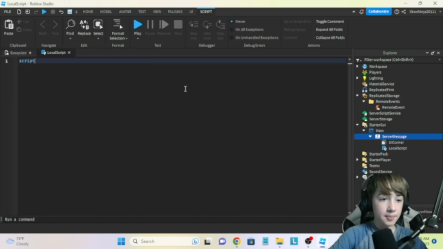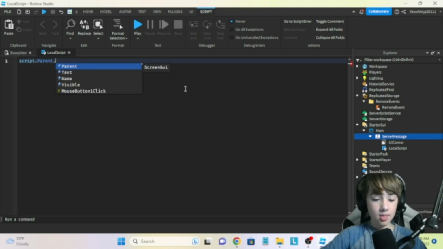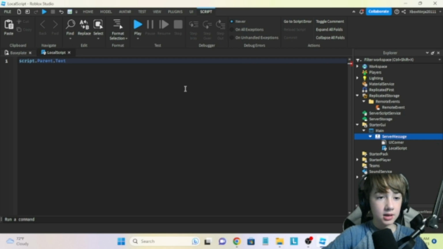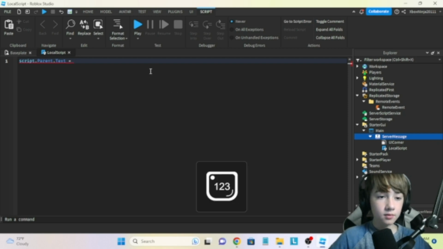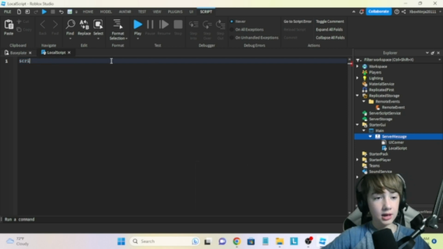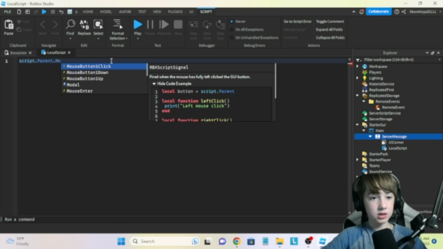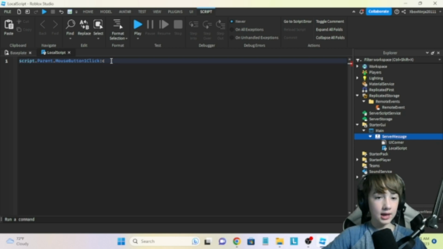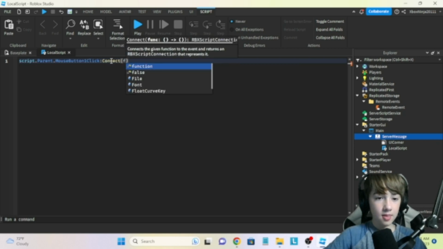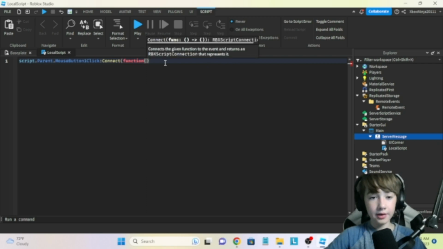and we'll do script.parent.text is equal to, we could just leave it normally, and what we could do here is script.parent.MouseButton1Click:Connect(function,